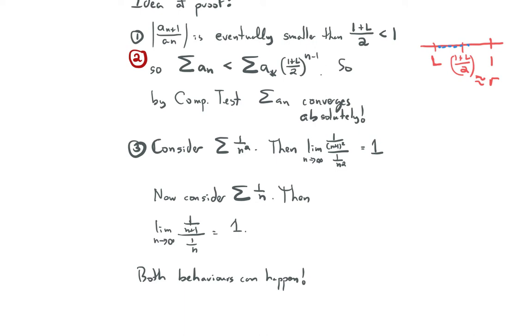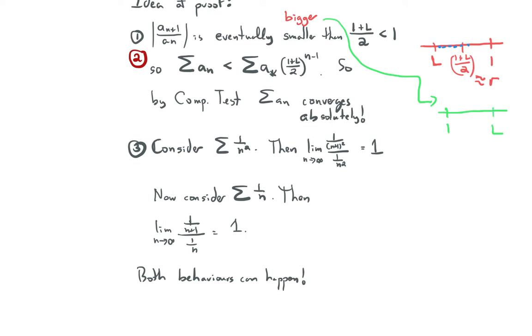In the divergence case, I'll do that in this red pen, I guess. So rather than being eventually smaller than (1 + L)/2, it's going to be eventually bigger than (1 + L)/2. And I'll draw the diagram. Maybe I'll draw it in green this time. I know I should have drawn it in red, but it's too late. So in this case, we have